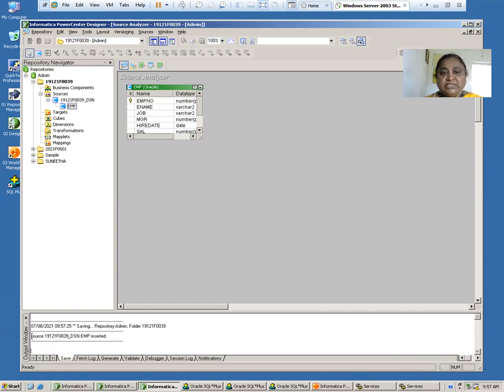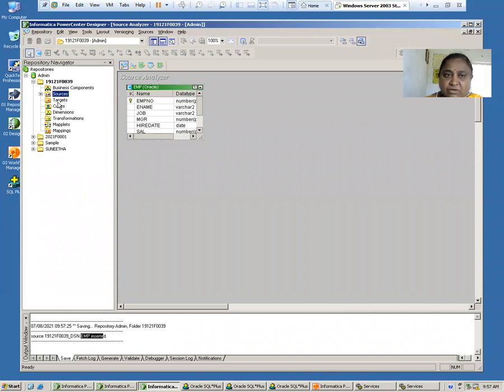Immediately you can see the source DSN EMP table is being inserted into your repository admin folder. In that folder, your EMP table is inserted successfully. Yes, so my source has been imported.